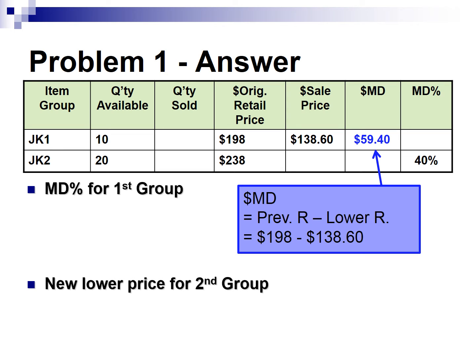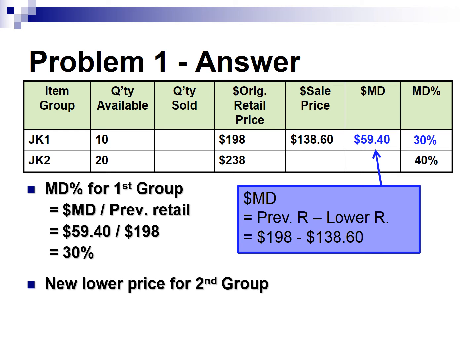The first question was asking what was the markdown percent for the first group. So let's answer that question first. For us to be able to answer markdown percent, we first need to know the dollar markdown, because markdown percent is dollar markdown over previous retail, right? So dollar markdown is calculated based on the original retail price and the sale price, because the original retail is the previous retail and sale price is the lower retail, right? Take the difference between these two prices, and that came up to 59.4 as the dollar markdown,